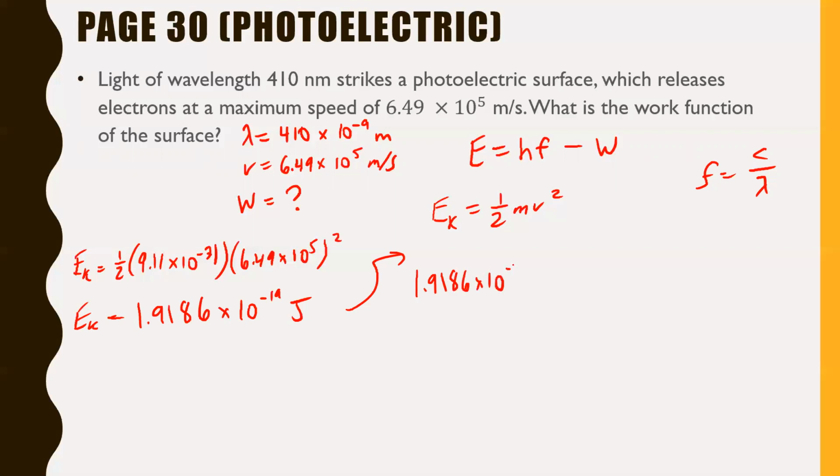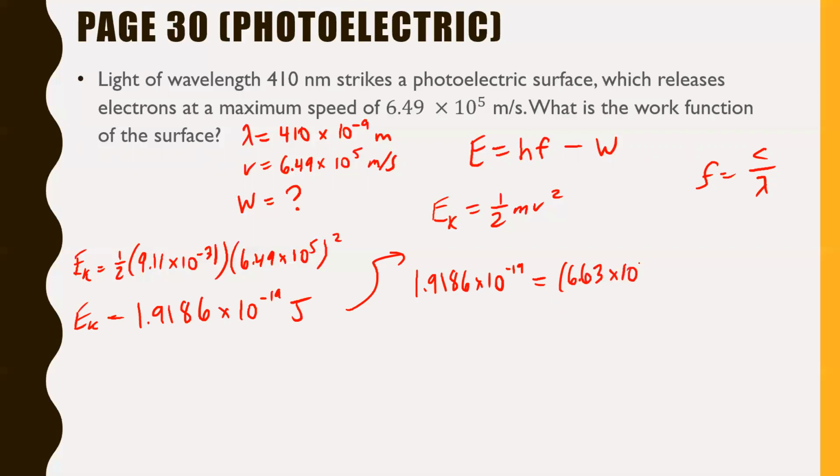1.9186 times 10 to the negative 19 is equal to h. And generally speaking, usually we would use electron volts, but you know what? We'll use joules in this one because it really does not matter. h is